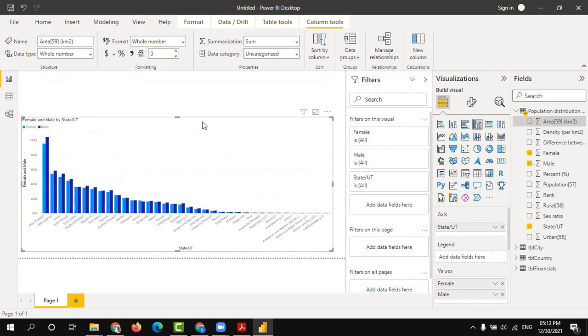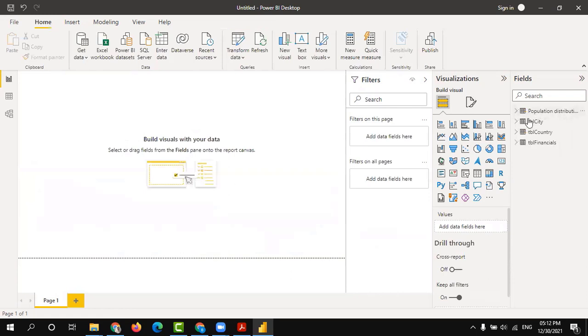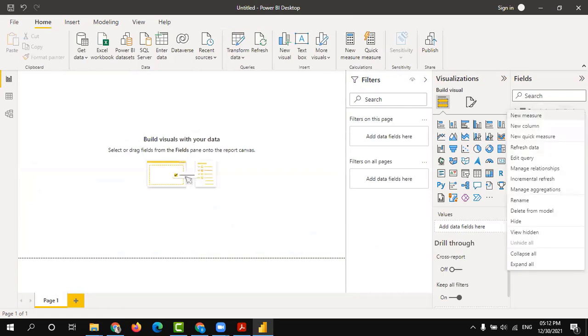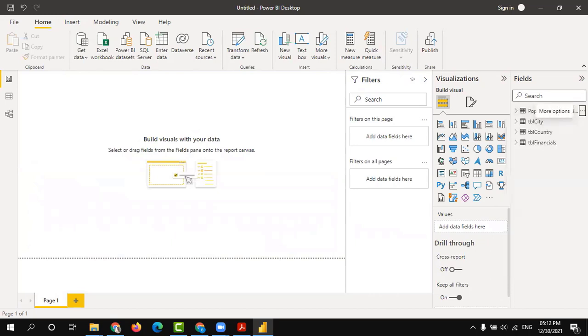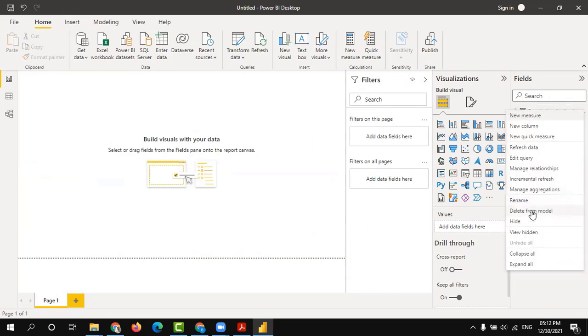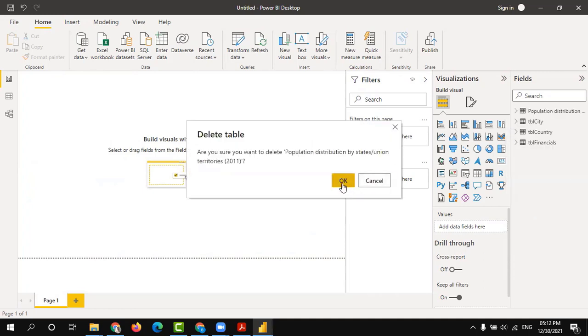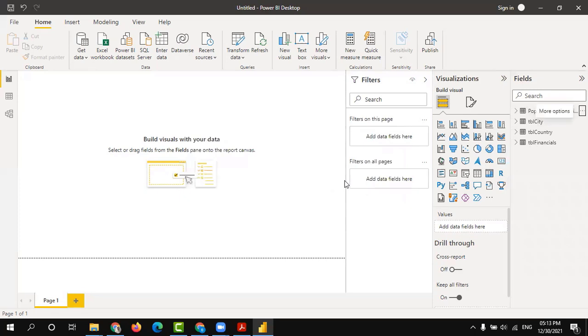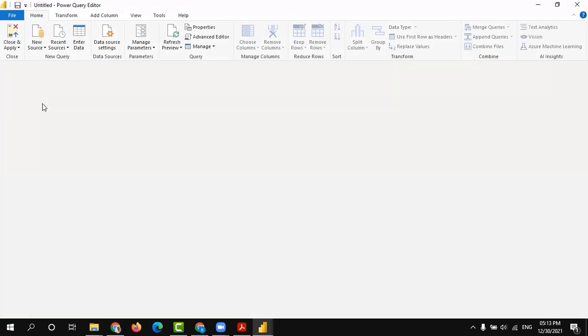So for time being, I'm going to remove this. And also, once you load the data, if you want to delete any data from your model, you can click on this table name, this small three dots icon is there, right? Click on that and delete from model. That table will be deleted. So I'm going to delete that. Anyway, we have the financials data to explain. So I go with this financials. So the data has been deleted. If you go to the transform data also, the data will not be there in the model anywhere.